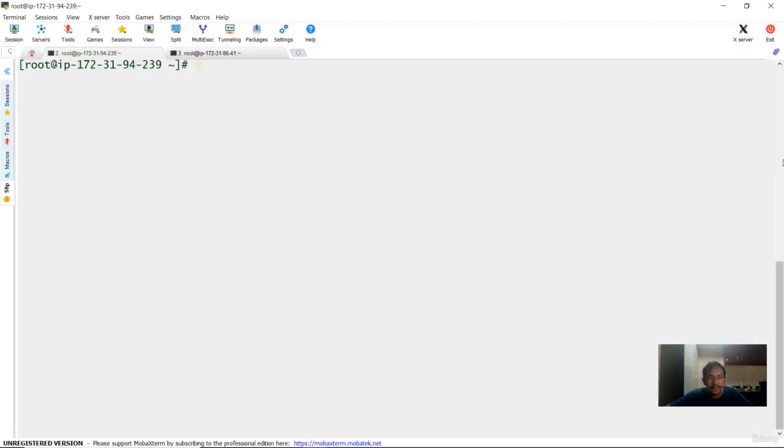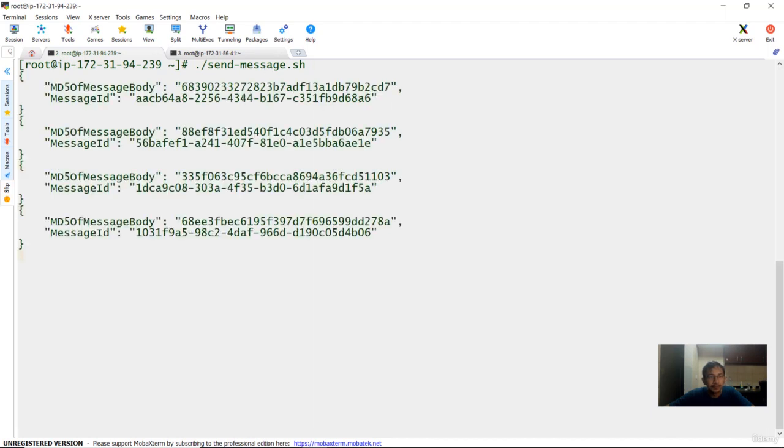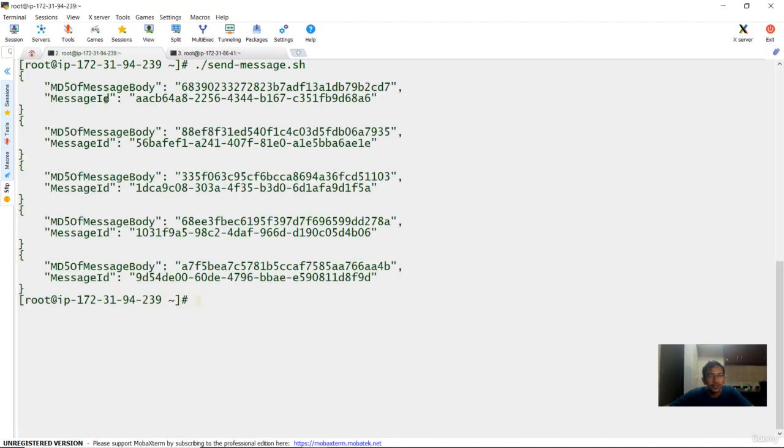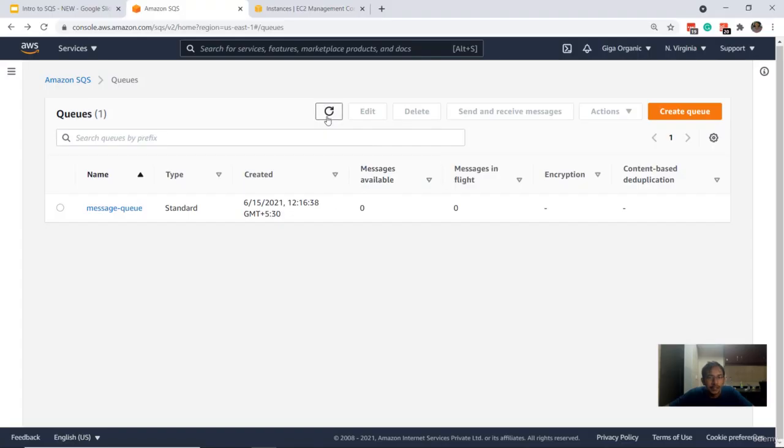So currently within my SSH terminal, I have 2 tabs that are created. First tab is associated with the image gatherer. Second tab is associated with the image enhancer. So within here, let's go ahead and run a script, and the name of the script is sendmessage.sh. So this will go ahead and send messages to the SQS queue. So let me run it. So currently here you see that it has sent 5 messages to the SQS queue. Now within here, if we quickly refresh the page, you see the messages that are available are 5.